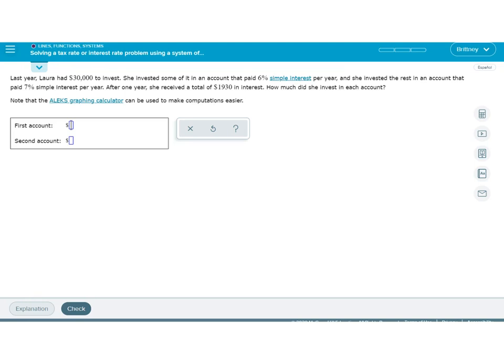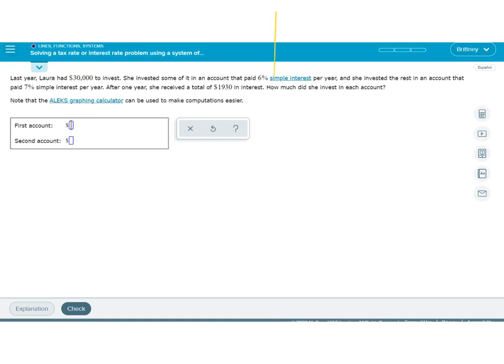Okay, let's work through these problems, see how they work. So most of these look like you have to define the variables and then set up two equations and then solve these equations. So if we look at the first one,